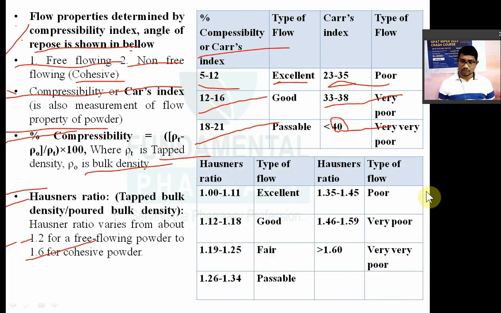Then Hausner's ratio. Hausner's ratio is again another measure for flow property of powder. If Hausner's ratio of powder is between 1 to 1.11, then you can say powder is excellent flowing. If Hausner's ratio is between 1.12 to 1.18, it is good flow. If it is between 1.19 to 1.25, fair flow, and it is possible when Hausner's ratio is between 1.26 to